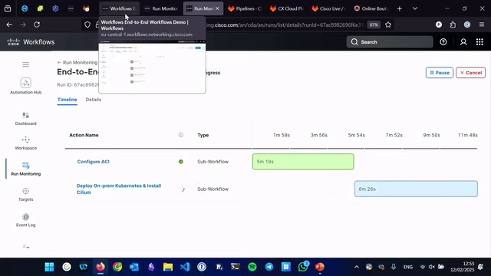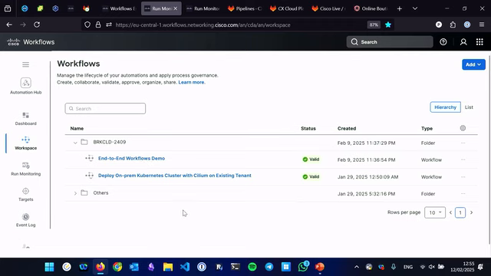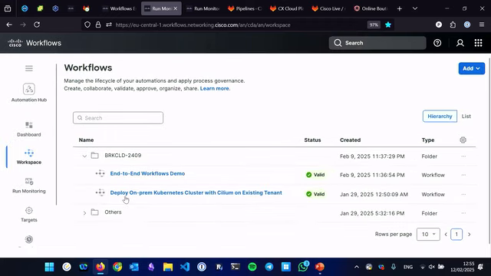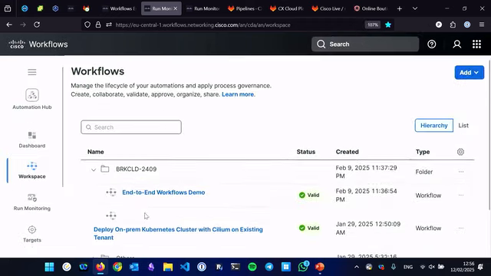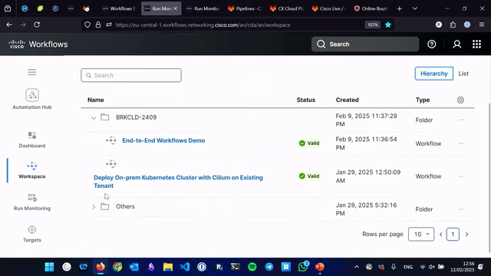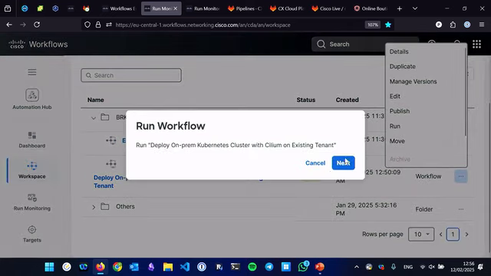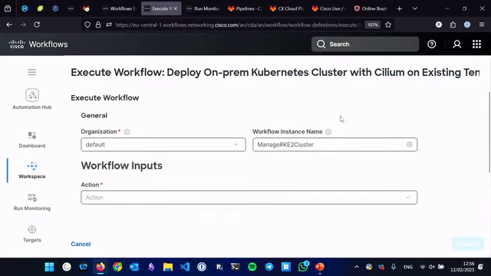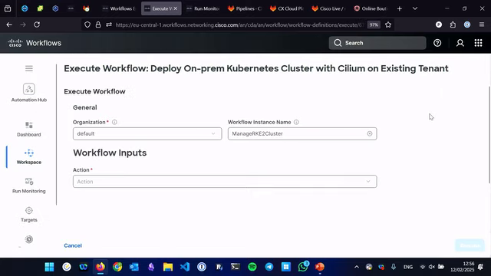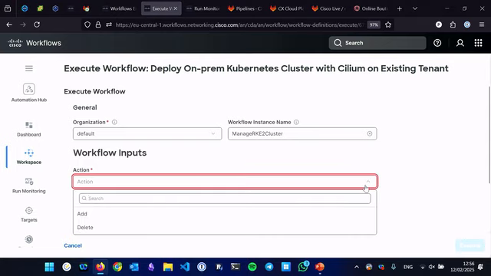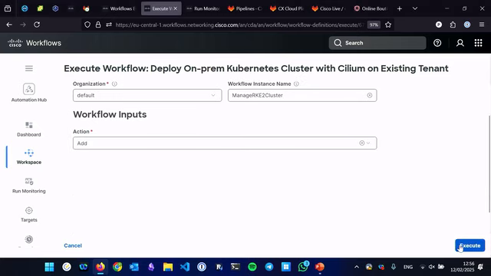So we can have, and I have it here, maybe you saw it before, another workflow, which is called, literally, deploy an on-prem cluster on an existing tenant. So let's try to run this and see what happens. In this case, remember before it was the name of the tenant, the name of the on-prem cluster, the name of the Google cluster. This is even simpler. It's only add or delete. This is something you could like to find when you're going to consume this, I think. So let's see what happened now.